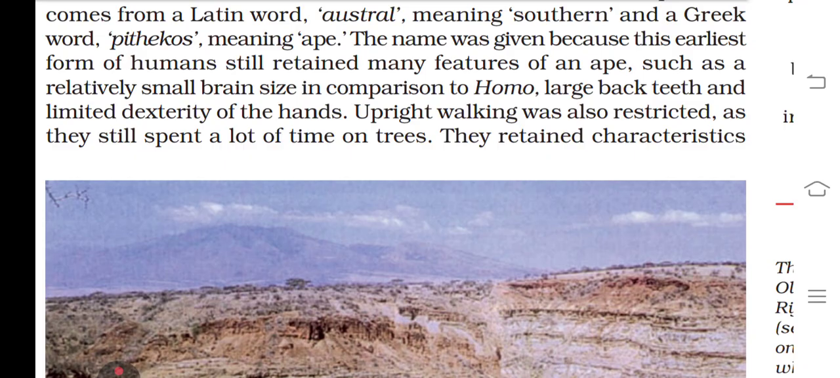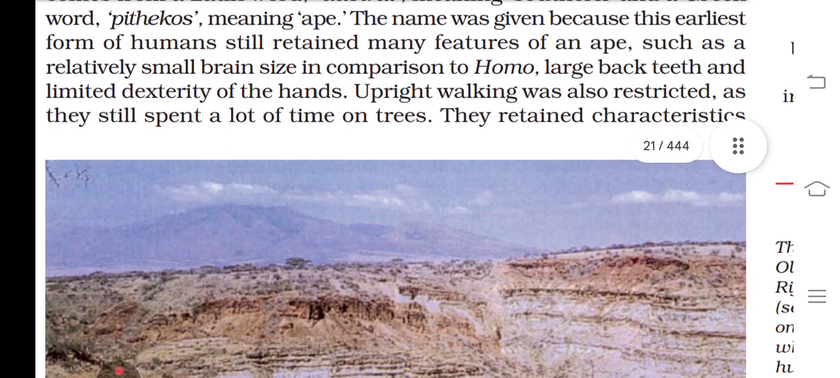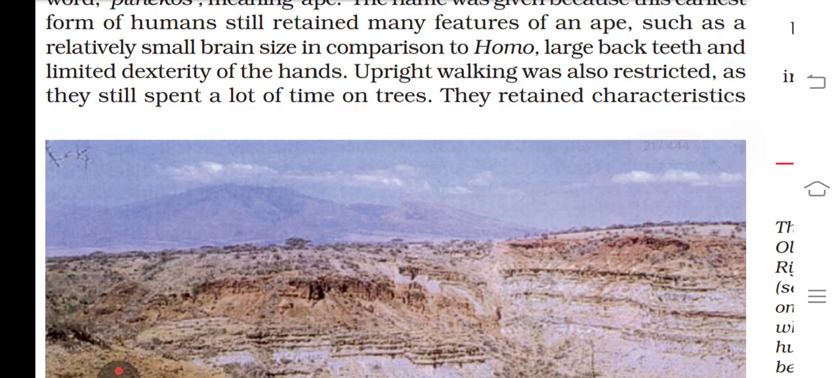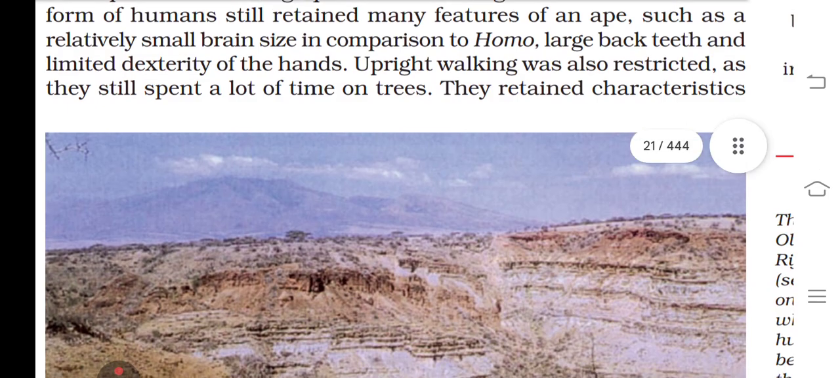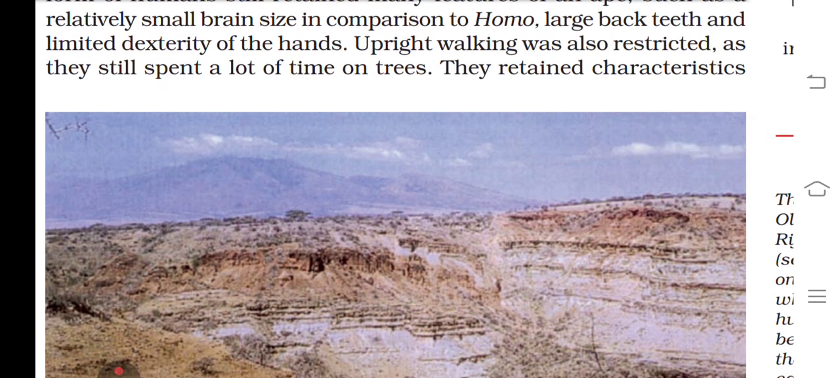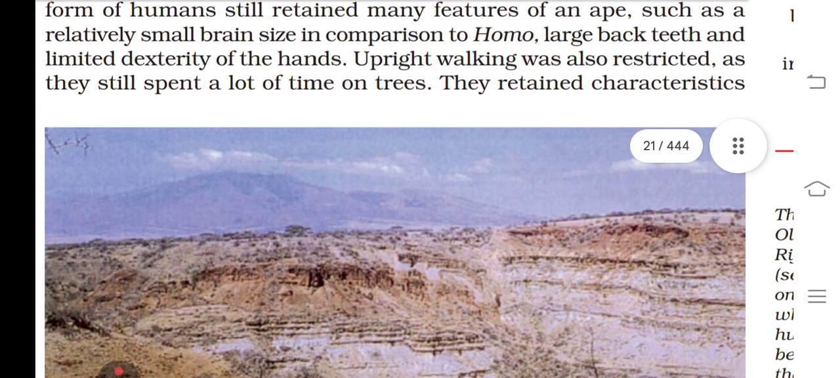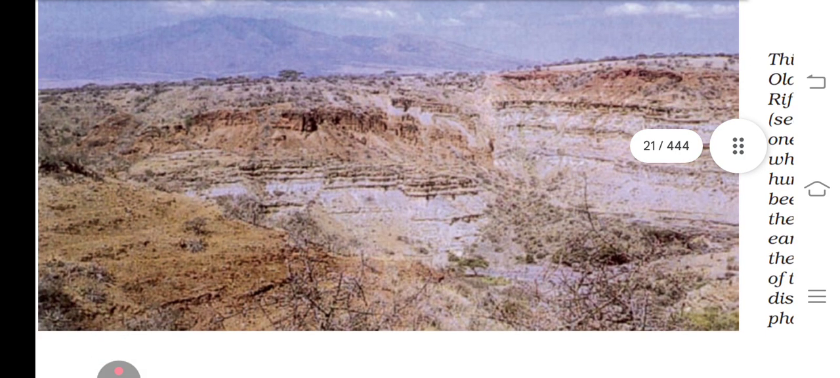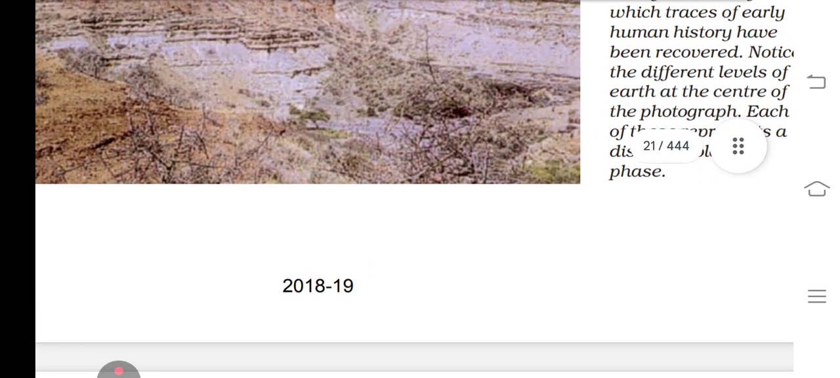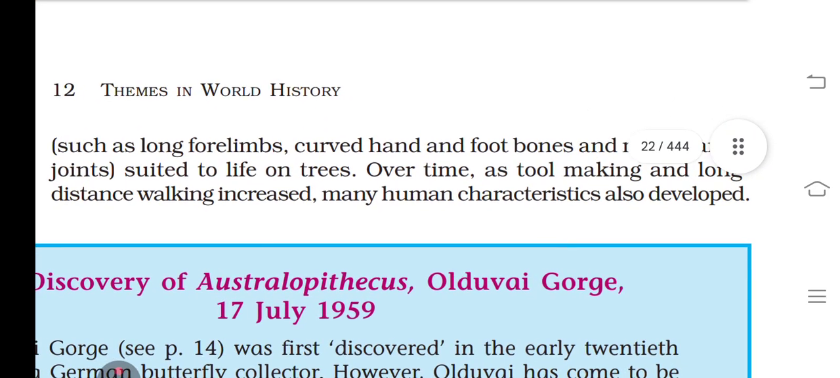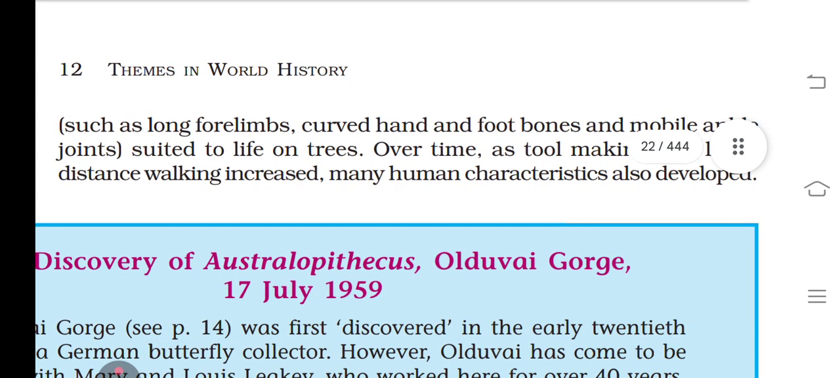The name was given because the earliest forms of humans still retained many features of an ape, such as a relatively small brain size in comparison to Homo, large back teeth, limited dexterity of hands, and upright walking was also restricted as they still spent a lot of time in trees. They retained characteristics such as